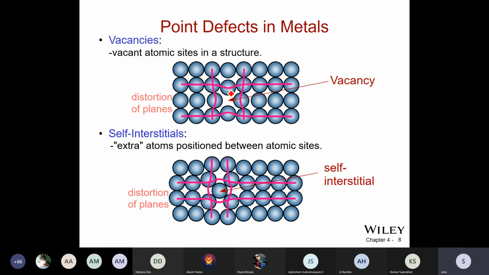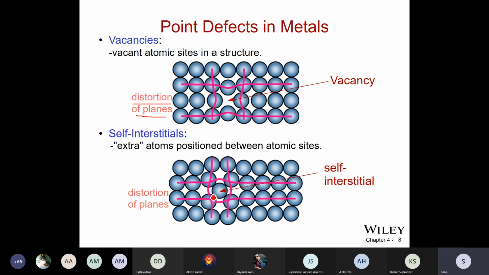So what happens when you have a defect? You see, this is the vacant site, and it is localized in the immediate vicinity of only a few atoms. So the lattice around it, the atoms around it, will try to collapse, and that distorts the plane, or distortion of the lattice in the localized region. That increases the stress value of the system, and strain is generated in this process.